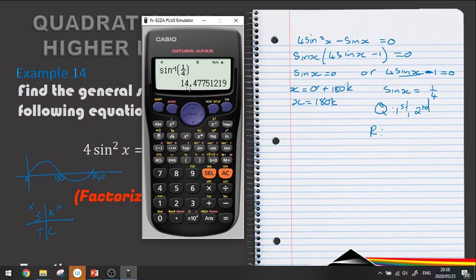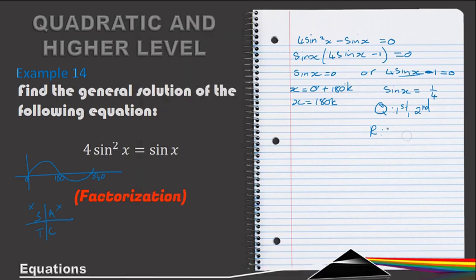And that's equal to 14.48. 14.48 is my reference angle. Now to solve: first of all, we've got the first quadrant, so that's just my reference angle of 14.48 plus 360k. And I forgot to say x equals, so this right here, x equals,